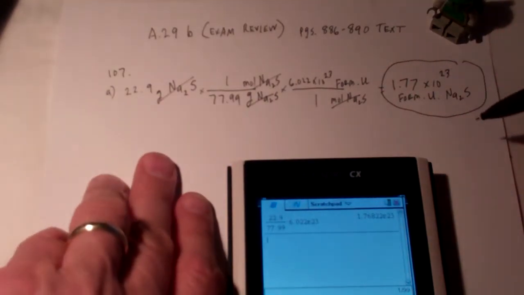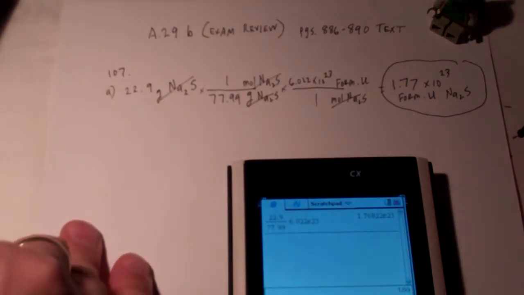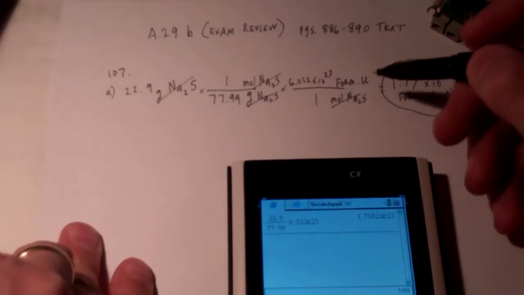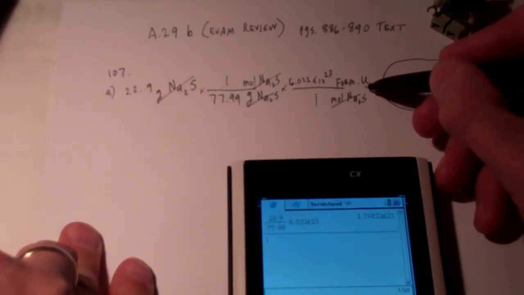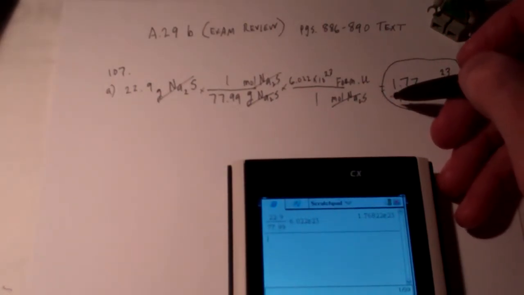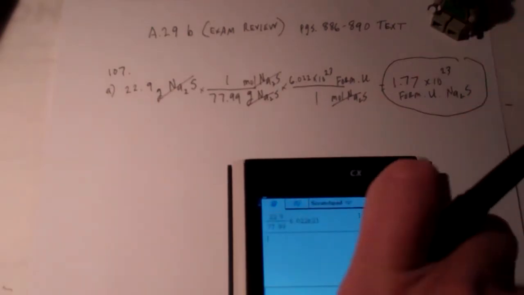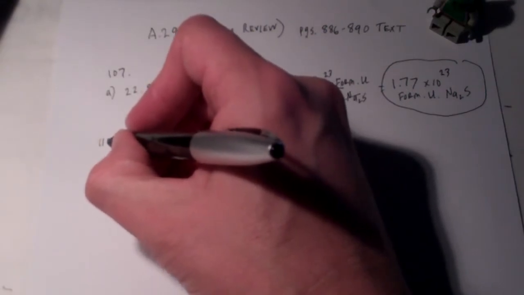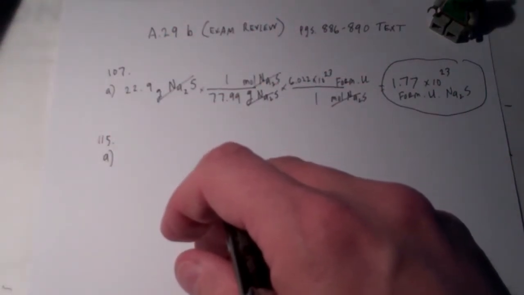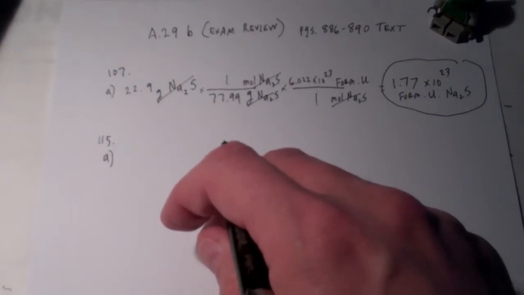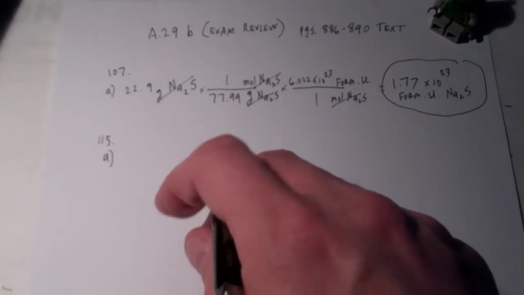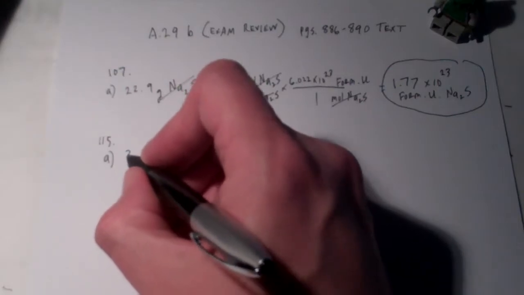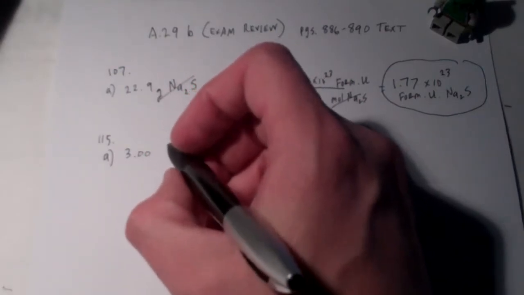Okay? And the rest of problem 107, same thing. Okay, you're going to go from grams to moles, and then you'll multiply by Avogadro's number to get the number of molecules or formula units. The next problem is number 115, and we'll do the letter A from number 115 as well. And that one says calculate the mass of the following amounts. And so for letter A, we have 3.00 moles